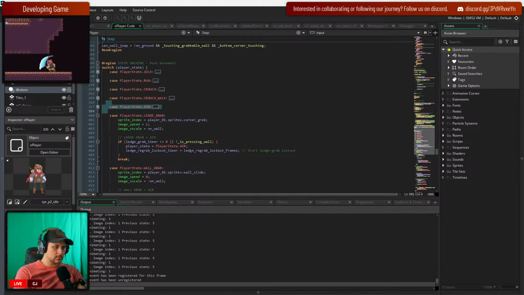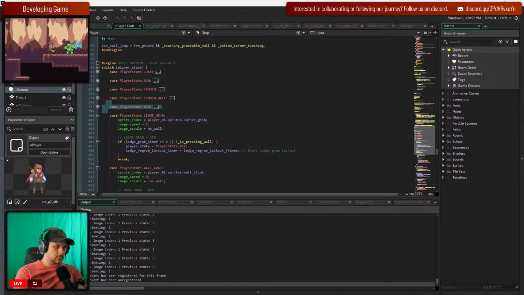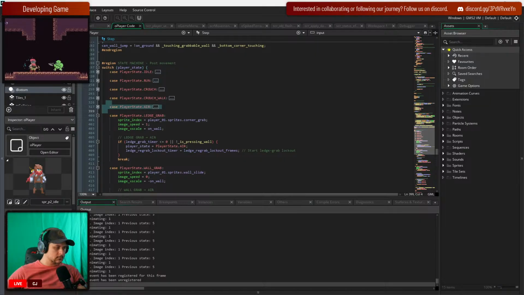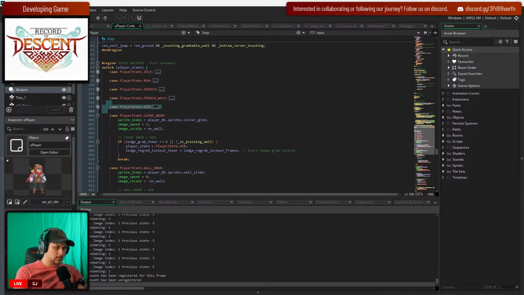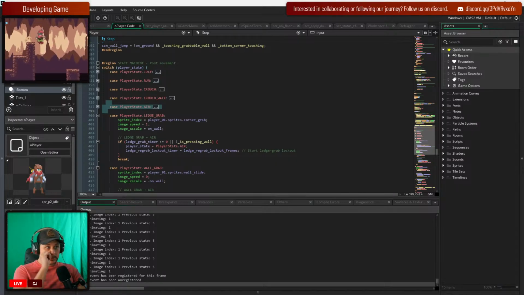Let's see, switch, player state, chase, idle, case, run, chase, crouch, etc. Change. So when we change